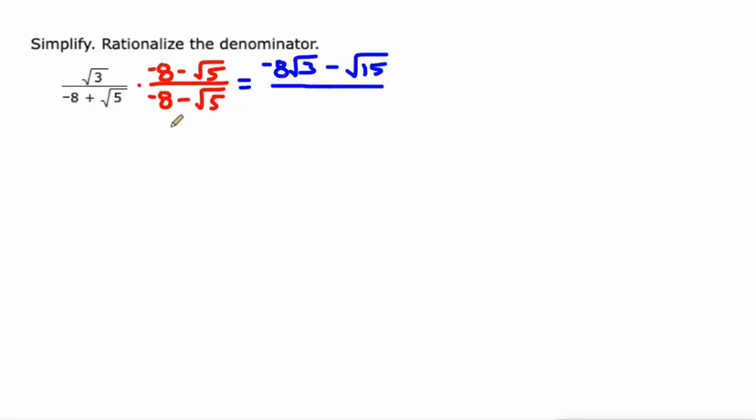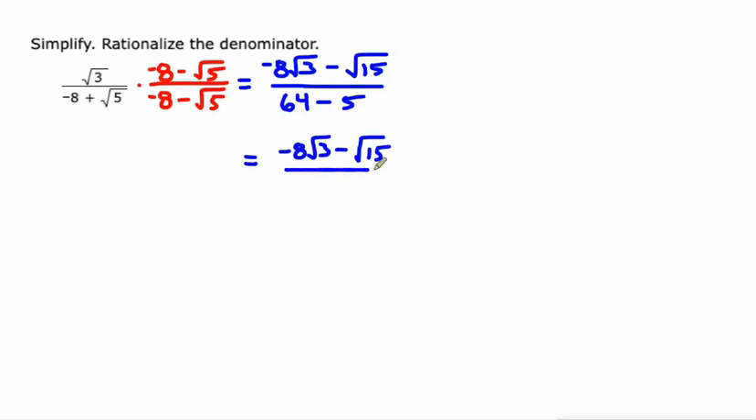So a plus b times a minus b should be a squared minus b squared. In other words, we take this negative 8, we square it, that's 64. And then we take the square root of 5 and we square it, and that's 5. Nothing can be simplified in the numerator, so we'll just rewrite it: negative 8 times the square root of 3 minus the square root of 15,